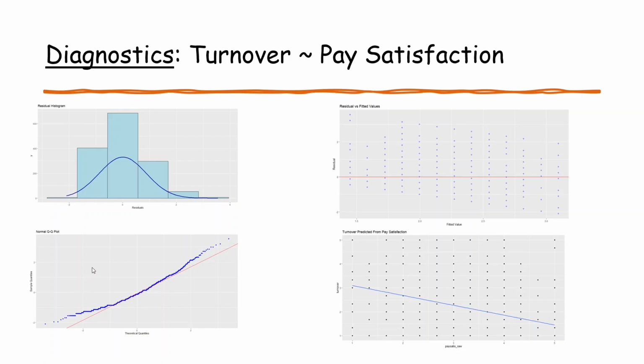Now, slightly more problematic is our assumption that the variance, the error variance, is constant across all of our fitted values, or across as we proceed along X, right? So again, this is the assumption of homoscedasticity, or the assumption of constant error variance. And so what we're looking for, that's this plot here, is ideally we would want these blue dots, these residuals, to all be spread out equally as we proceed from left to right. On the bottom axis is the fitted value or the predicted value, and so what we would want to see is that regardless of the fitted value, our residuals would be spread out roughly consistently,